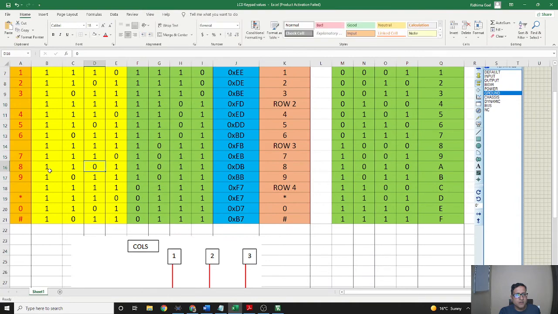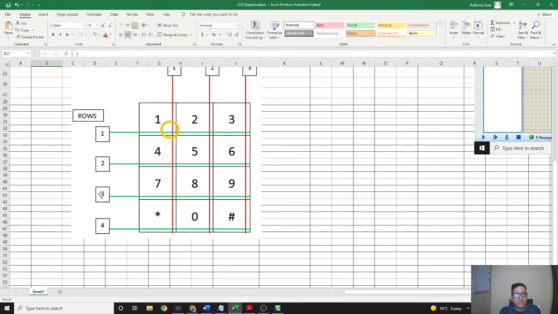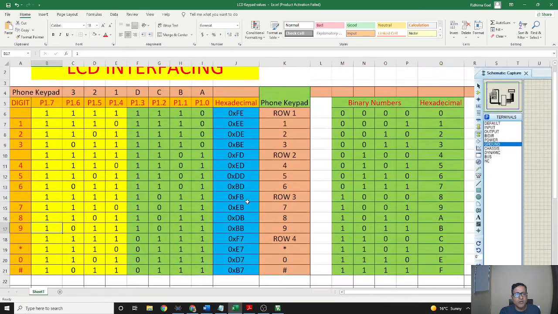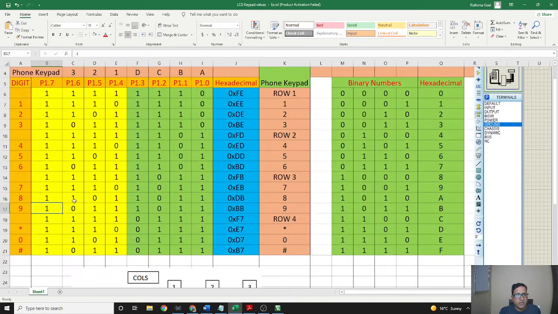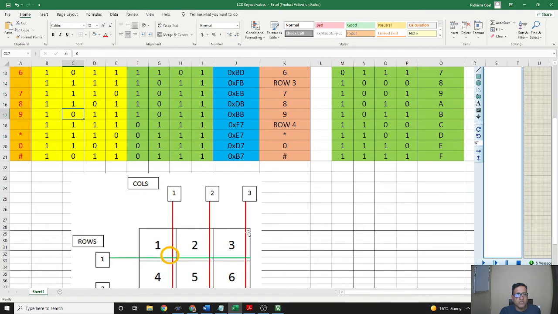Likewise, we will check for the 9. As we see, 9 is in the third row, so the third row is C. C is 0 here. You can see all these are high, but this is 0, and the third column is this.